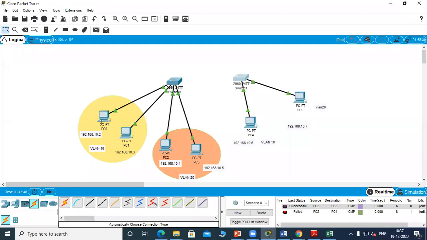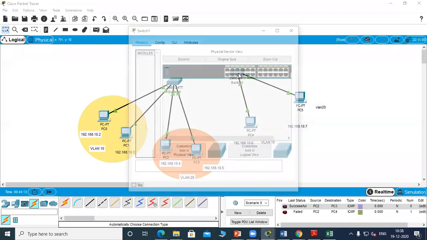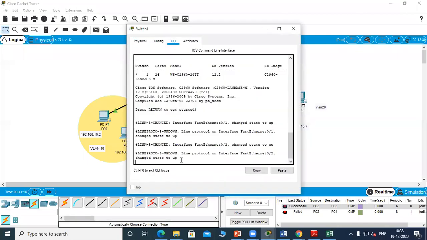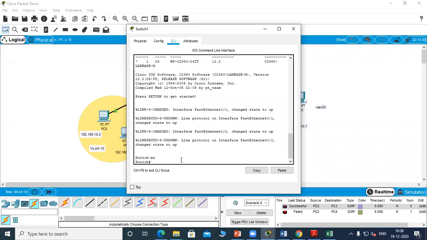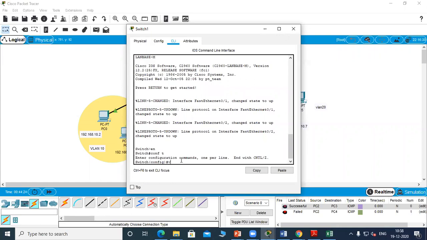In this example, I'll be showing how across another LAN also we can group it into one VLAN. You can see this belongs to another LAN, but I'm still grouping it to VLAN 20. And plus, how do we connect two switches using a trunk interface? Both things will be shown with this example. So how do we make this VLAN 10 and VLAN 20? Again, we'll go to this second switch, go to the command prompt, enable, and click terminal. Here we have to list out which VLANs are available.